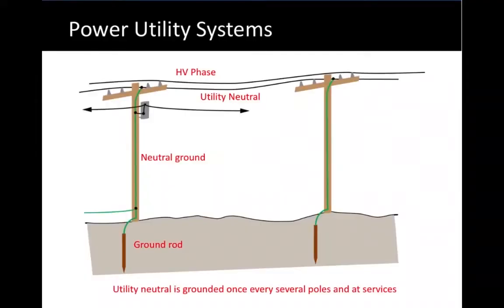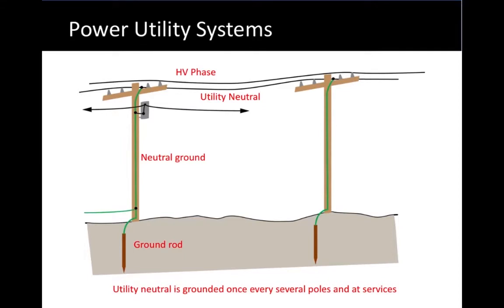So let's show a utility system to understand how this actually occurs. Here's a typical power utility system involving multiple phases and a neutral. Our concern is not about the phases. We only show one line here, but there could be 1, 2, 3 phases up here, as well